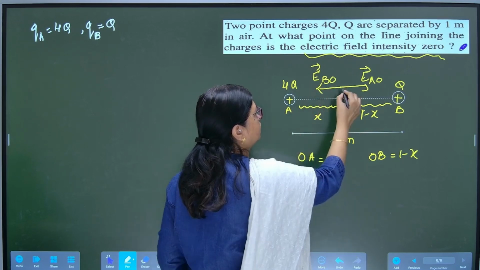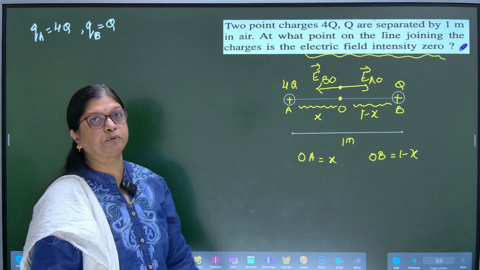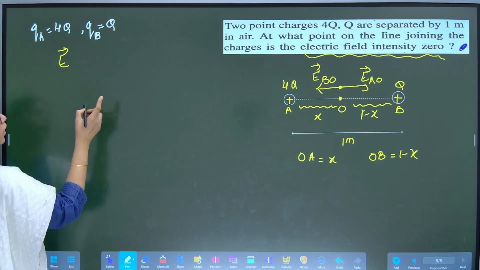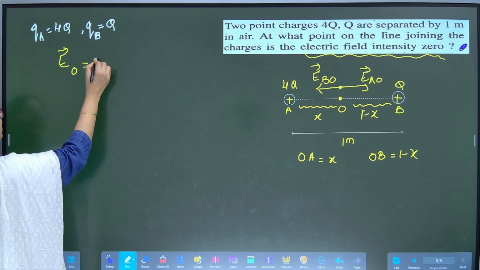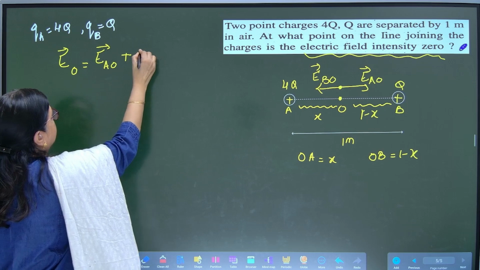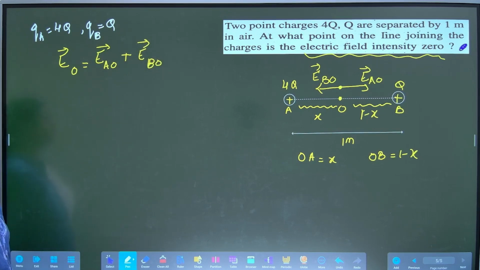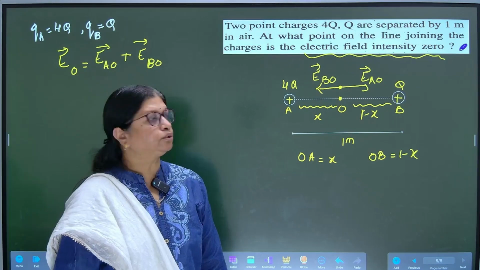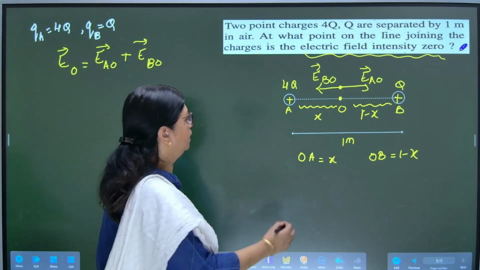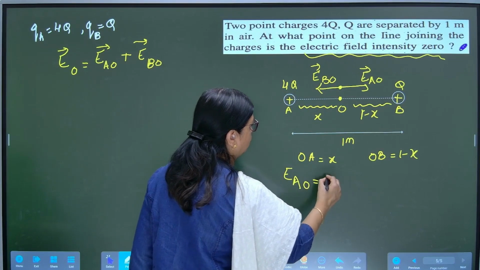They both are opposite to each other. Correct? So what is my superposition principle? E at the point O is equal to EAO plus EBO. Correct? Fine. So let us find out the magnitude of EAO and EBO. EAO in magnitude is equal to K